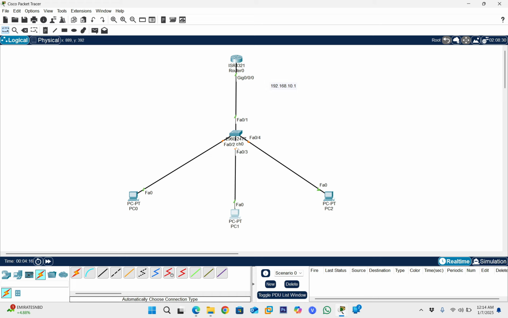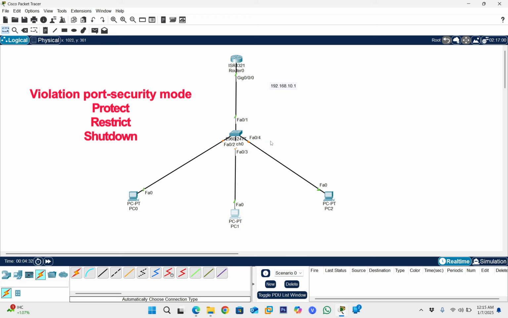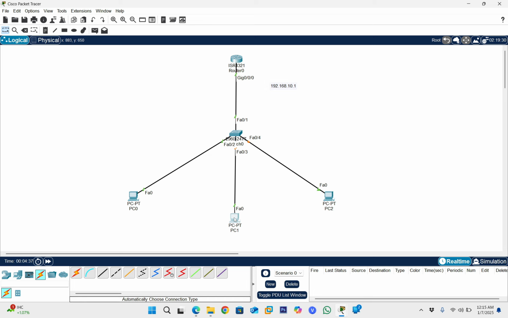And let me configure the FA0/2 as protect mode port security, Fast Ethernet 3 as restricted mode, and Fast Ethernet 0/4 as shutdown mode. Okay, so